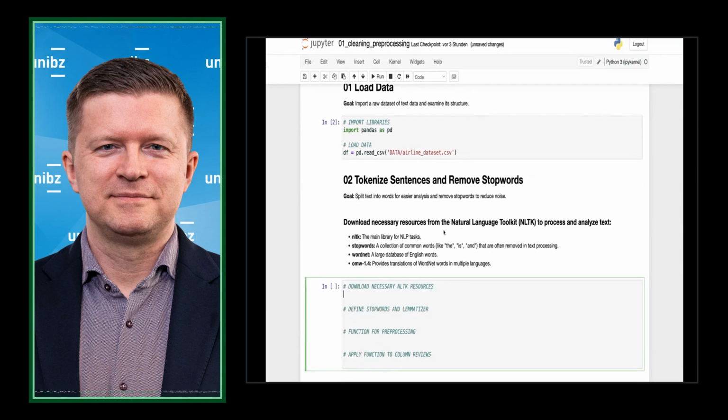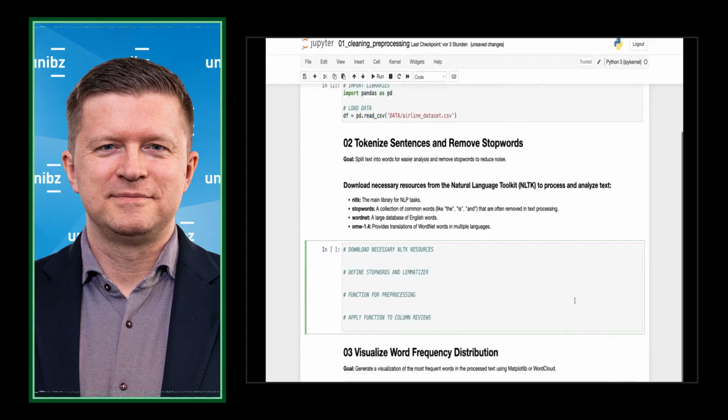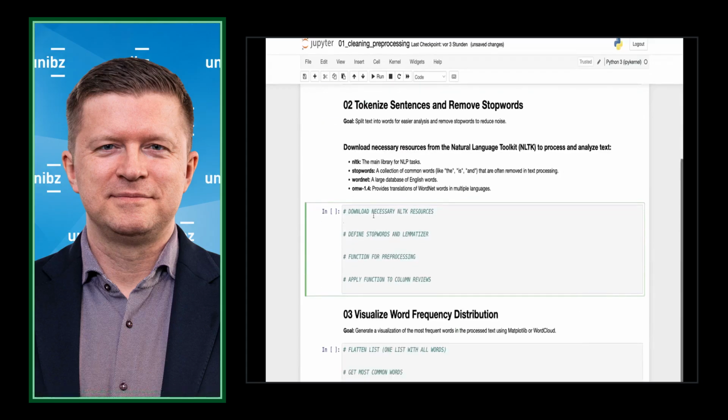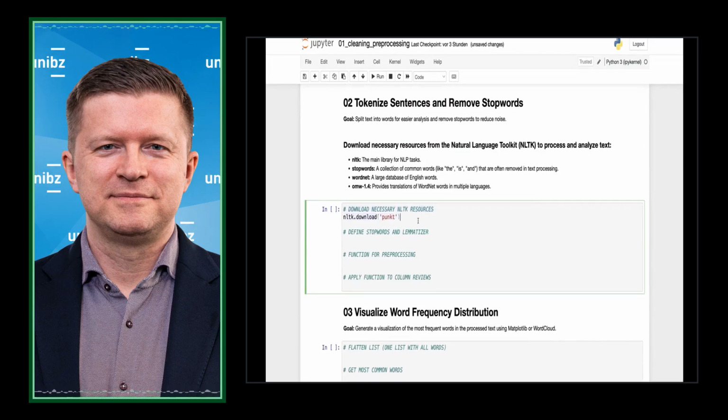So let's import these libraries from NLTK that help us with tokenizing the sentences and also that help us to remove the stop words. So the first one, you do this with nltk.download and then just mentioning what you want to download. First one is called punkt. Then we have stopwords will be the next.